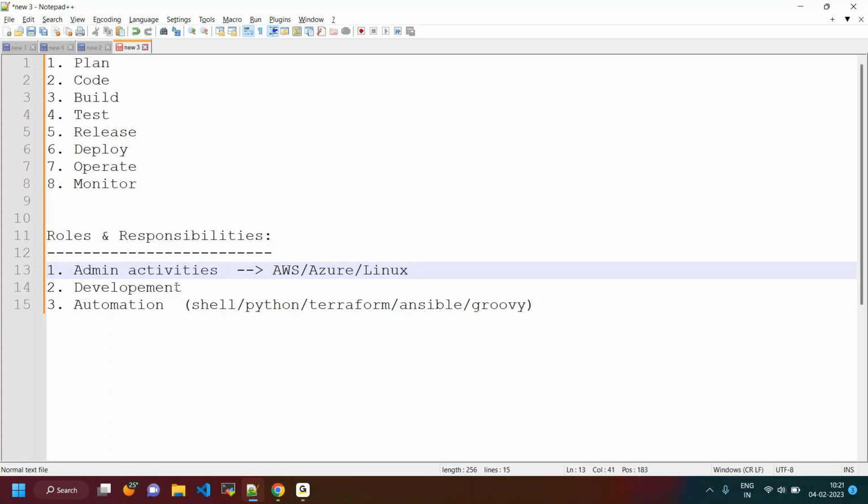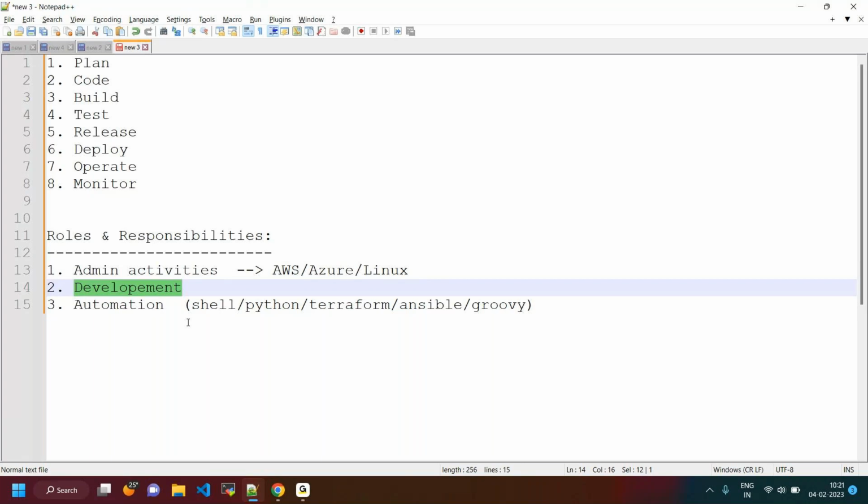Next, coming to development, we are going to do some different developments. I need to write some Docker files. Who is going to write these Docker files? As a DevOps guy, we need to write some Docker files. In some companies, developers also write them, based on the project requirement. Either they write their own Docker files, or DevOps guys need to write them, or else we need to write some pipelines as well. We need to write some Ansible YAML files, or Terraform scripts to automate our infrastructure. So we do some development activities as well.